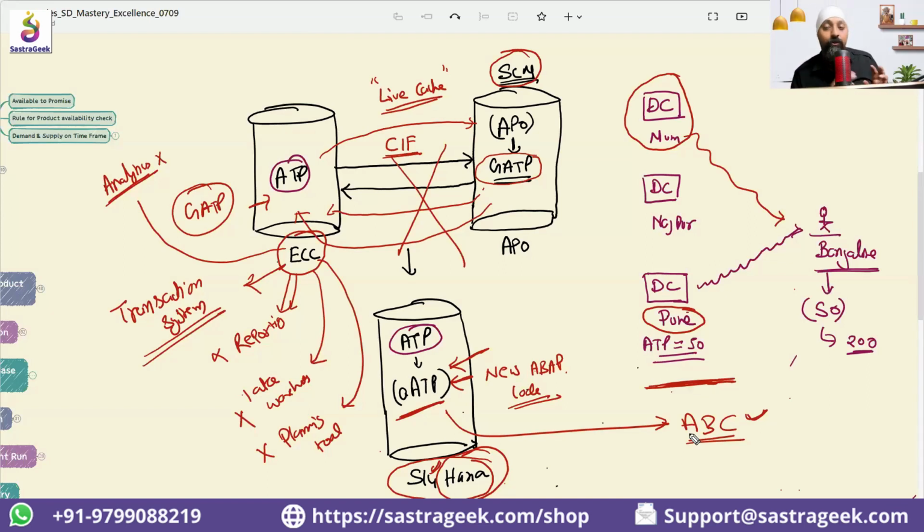I will not jump into the basic ATP knowledge, which I have given in our SD sessions. In our SD mastery, we are covering ATP: what configurations are required, how ATP can be done. That has been covered. aATP is a much bigger topic than ATP. ATP we can cover in 2 to 3 hours in our SD mastery, but here we require at least 10 odd hours to understand aATP, because the scenarios would be very complex, because the business situations which can be supported through aATP are very many. Multiple business situations can be